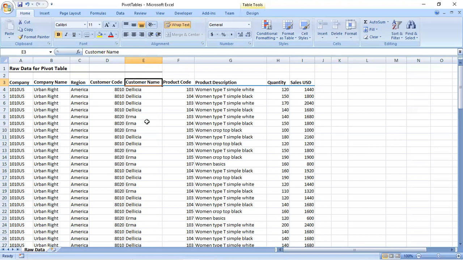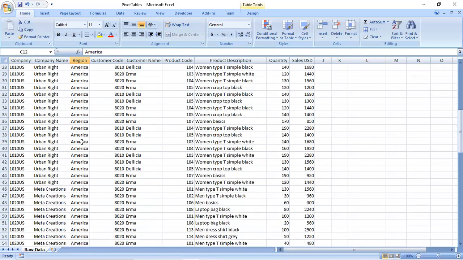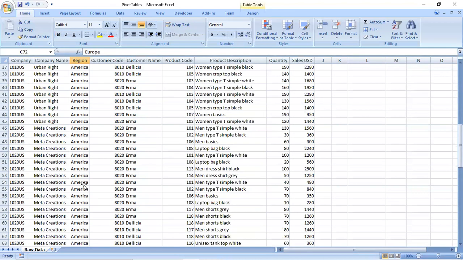Now, before demonstrating how to work with pivot tables, let's quickly have a look at the data at our disposal. The dataset, if we examine closely, has multiple columns starting with company, which denotes the company ID, company name, which denotes the name of the corresponding company, the region, which takes two values, America and Europe,